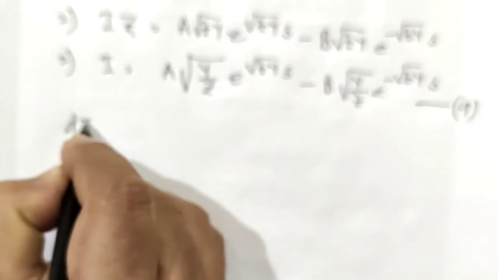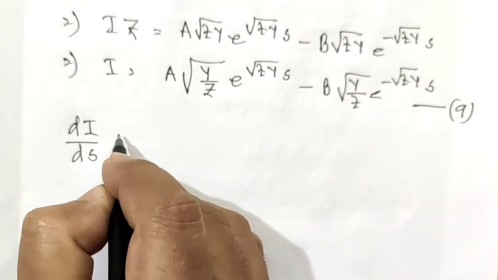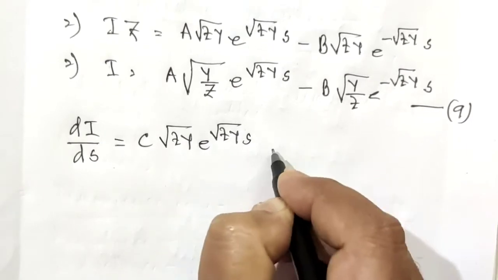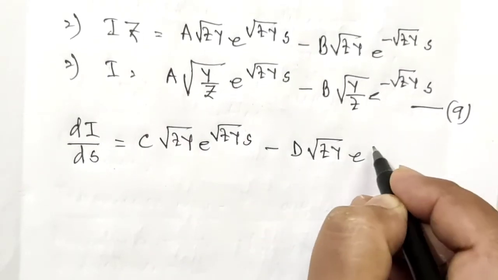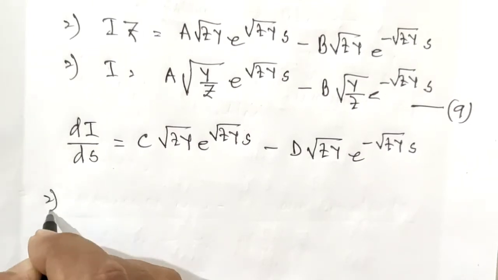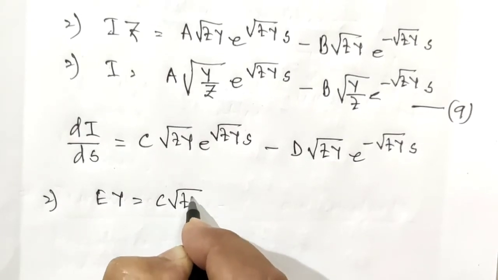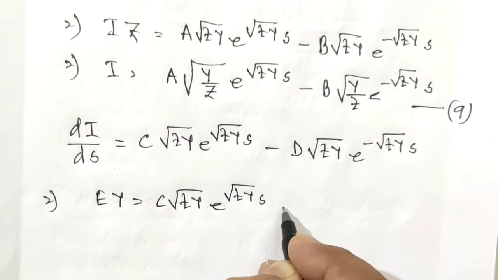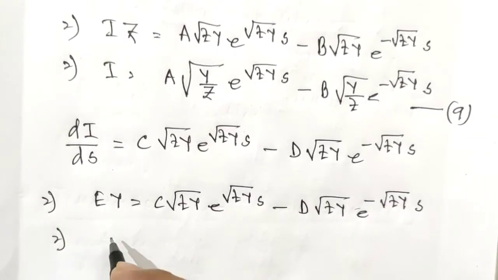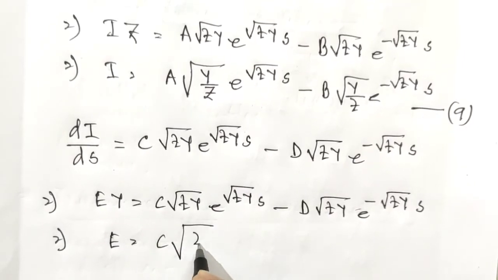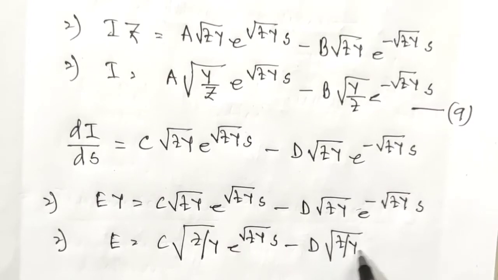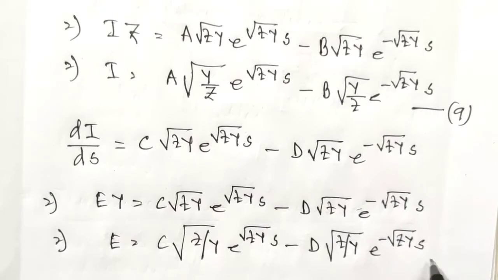In a similar manner, we can get dI/ds. dI/ds equals C root ZY e to the power root ZY s minus D root ZY e to the power minus root ZY s. And again by putting the value of dI/ds from equation 2, we have E into Y equals C root ZY e to the power root ZY s minus D root ZY e to the power minus root ZY s, or we can get E equals C root of Z by Y e to the power root ZY s minus D root of Z by Y e to the power minus root ZY s,